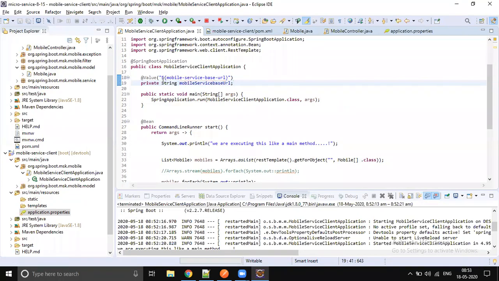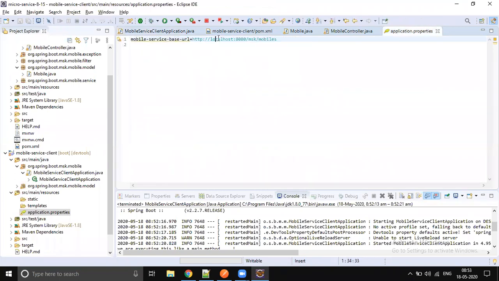This will get improved a bit more. Right now we are hard coding localhost port 8080, all these details. But once we jump into the microservices architecture, Eureka, we use a different concept to remove this hard coded URL.